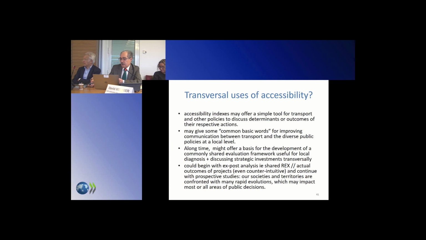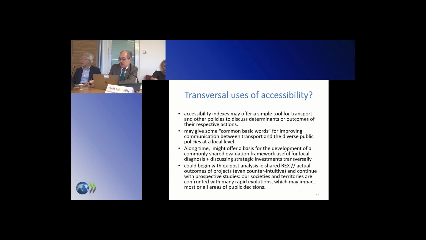I think the new element here is that people can share common concerns and see, for instance, that even though they think in education terms, transport is also at stake and may be very important for them too. And all this could begin with some informed ex post analysis, and perhaps in a long time move on to more prospective issues. I will skip this